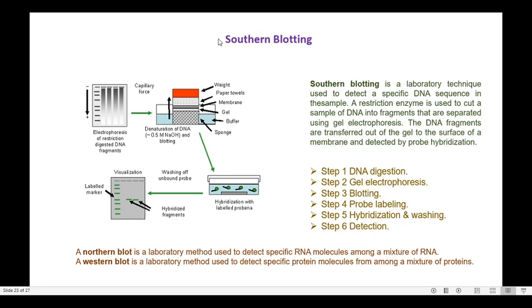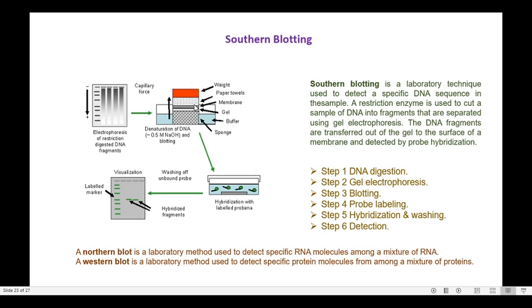So the basic protocol involves restriction of the genomic DNA from the transgenic plant, then running the restricted genomic DNA in gel electrophoresis, then denaturing the DNA using sodium hydroxide solution. Then set up a similar arrangement in the agarose gel electrophoresis tank where you keep the gel, and above the gel keep a nitrocellulose membrane, then above that keep some paper towels, then put some paper weight.